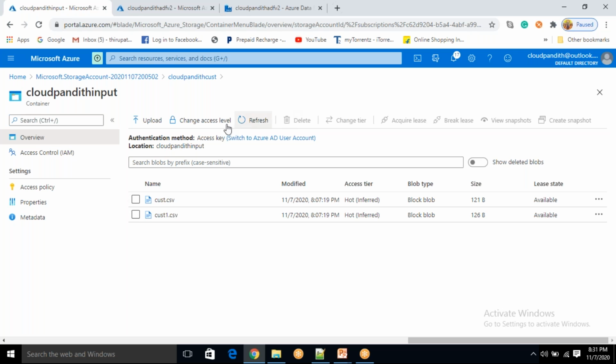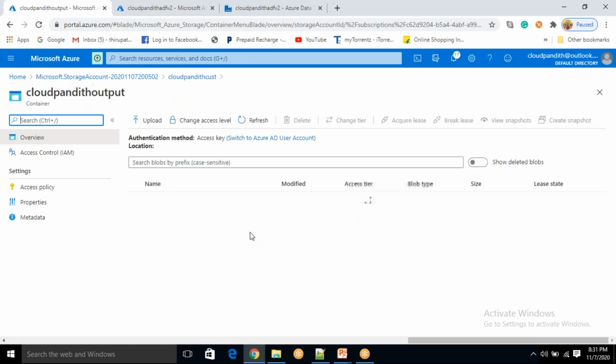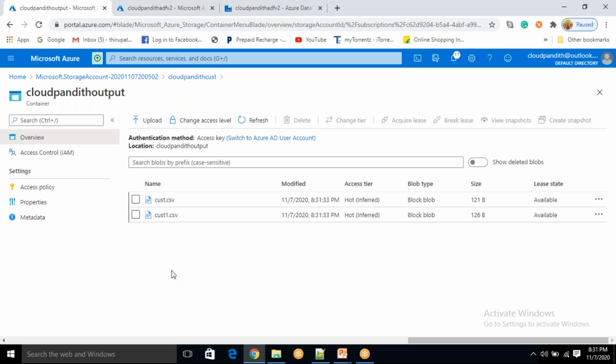Successful. Come here, go into your output. See, 2 files came.